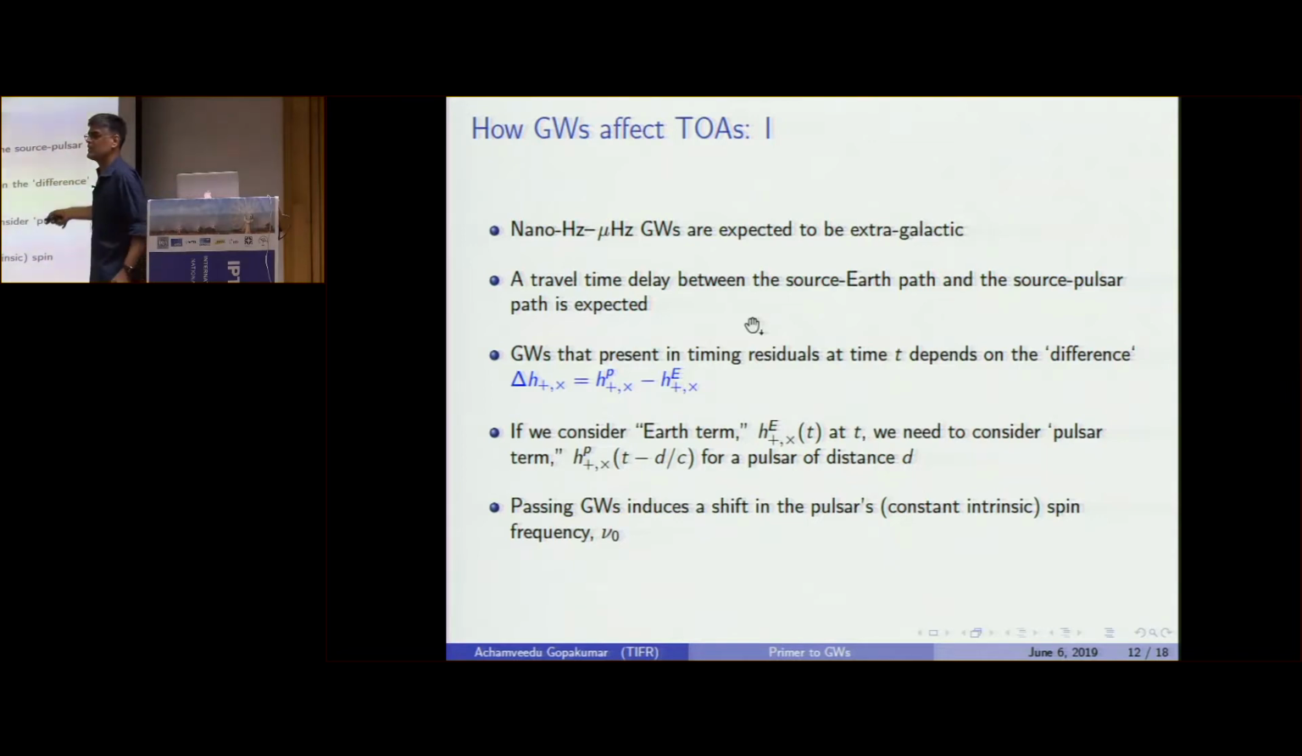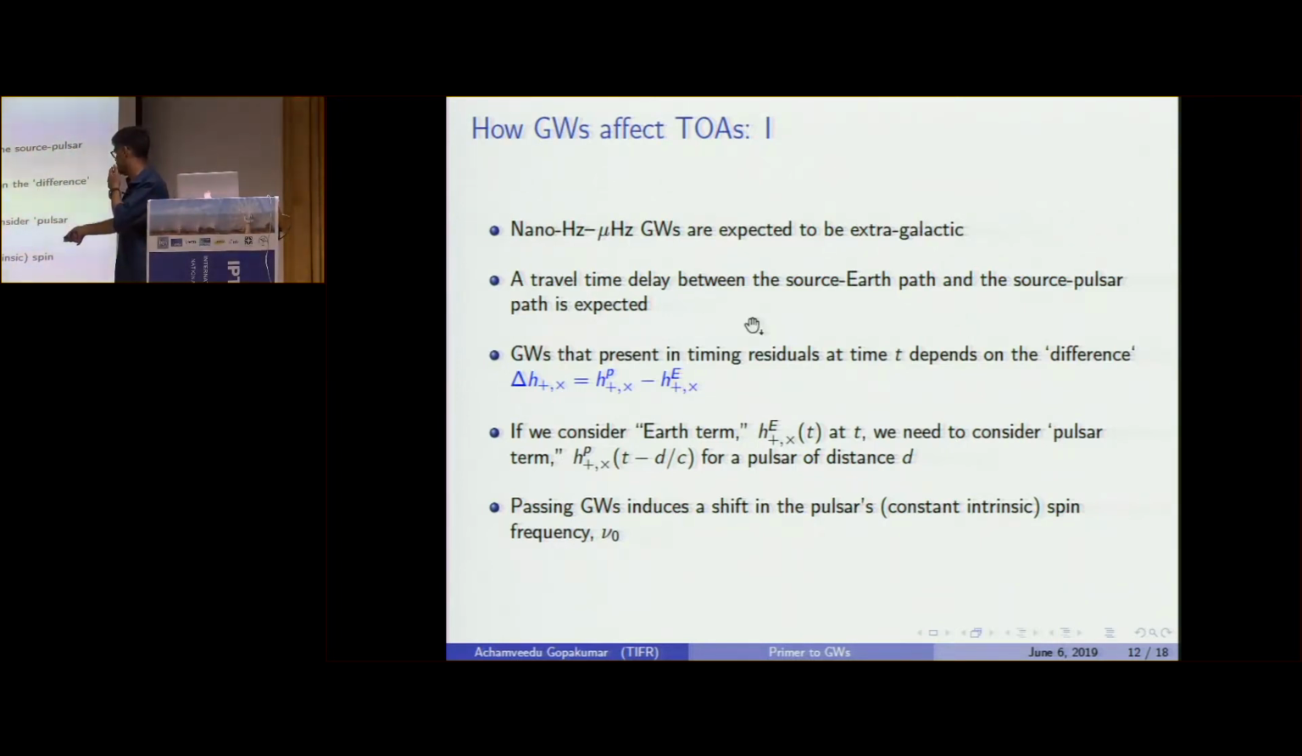But the interesting thing is that since you have one arm consisting of the Earth and the pulsar, there will be an Earth term and then a pulsar term. But then the distance between them, or the time difference, can be substantially different. So you have the geometrical time delay coming into the picture. But all we are doing is a passing gravitational wave changes